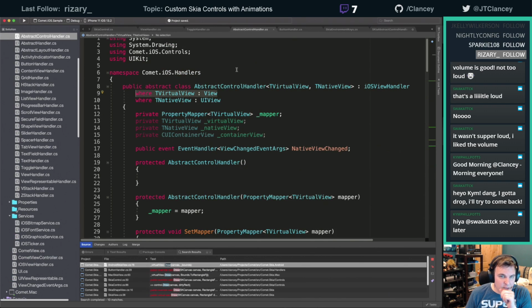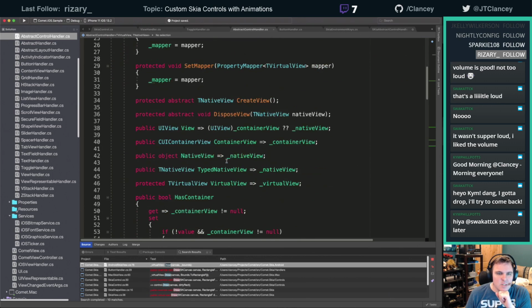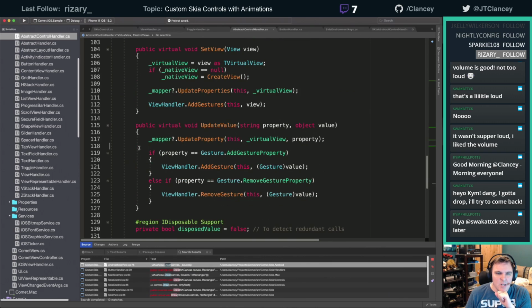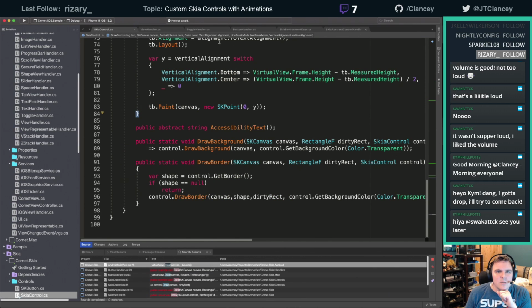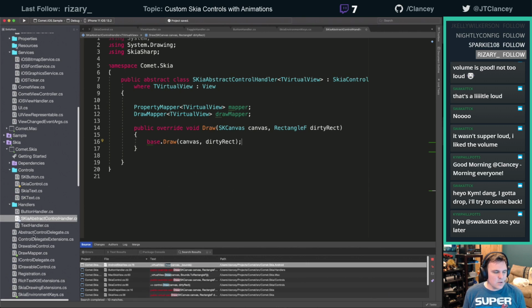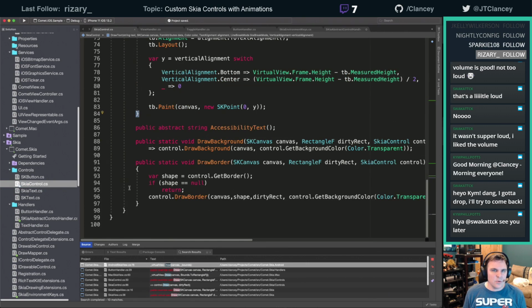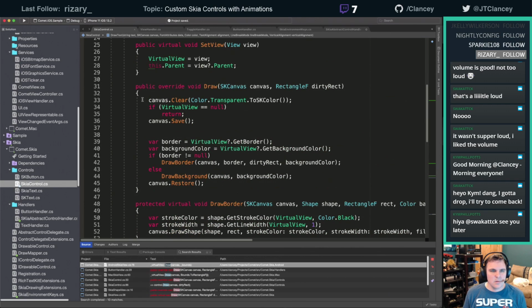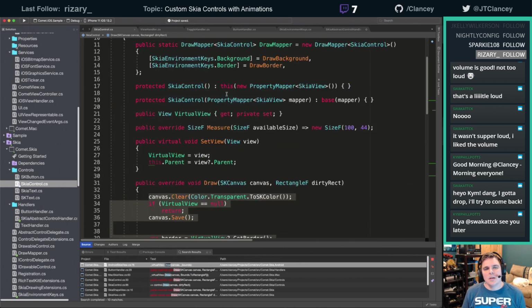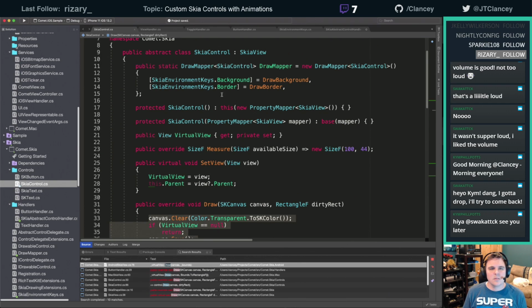On abstract handler, we can kill this one because this one just does the mapper stuff, and then it has the built-in on property change. Go hit the mapper. That's basically what we're going to do there. So now on our abstract one, we're going to have our draw. Let's go look at that Skia control draw. And let's go back to our,